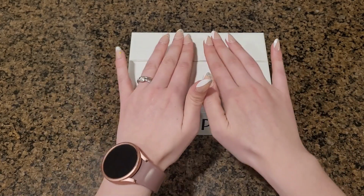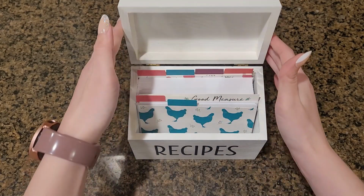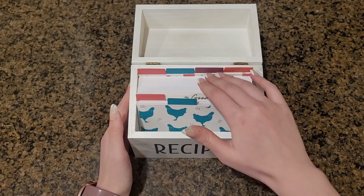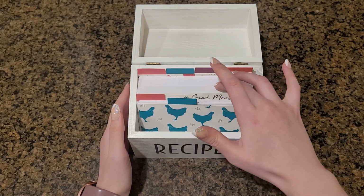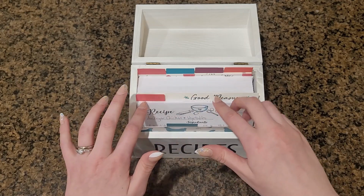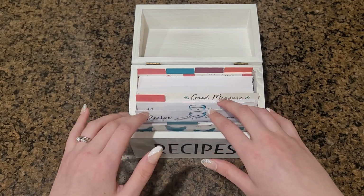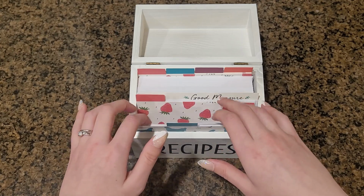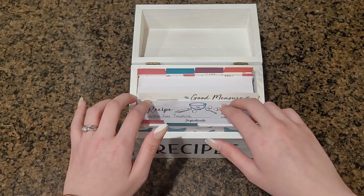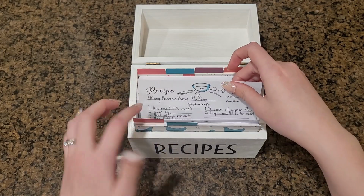So I'm going to go ahead and open up our recipe box here. And we have lots of recipe cards. And these are our most used recipes. So we have our savory recipes here. And back here in the strawberry one, we have our more sweet recipes. And here's our